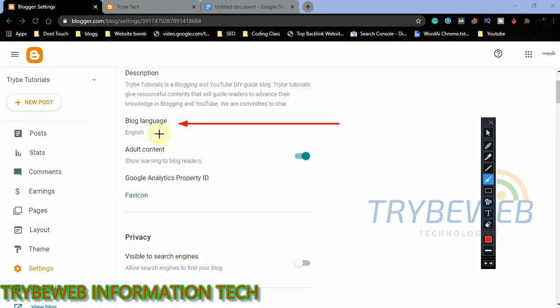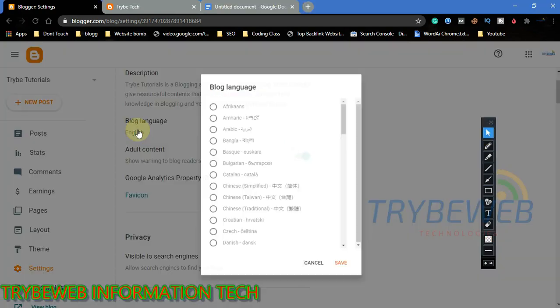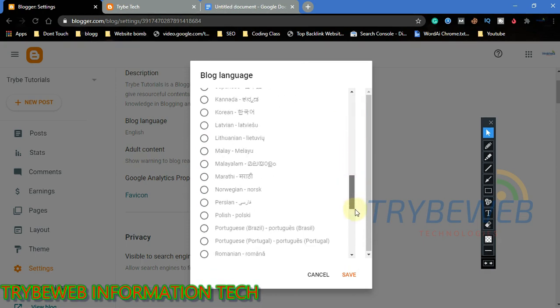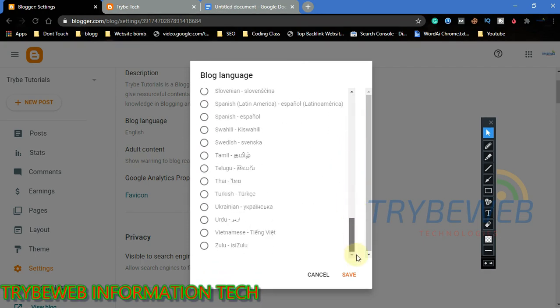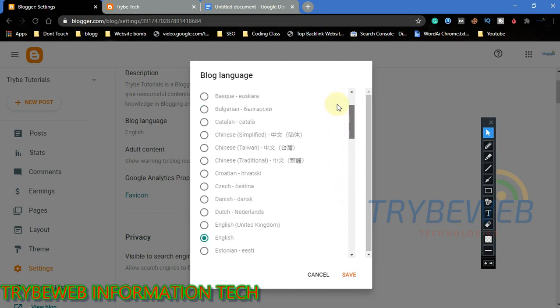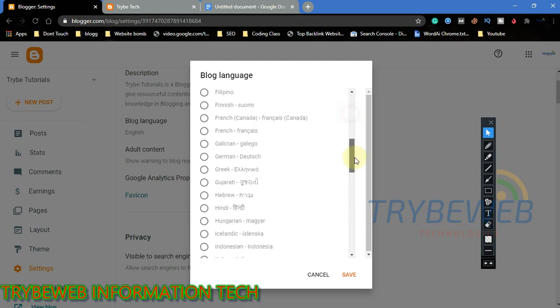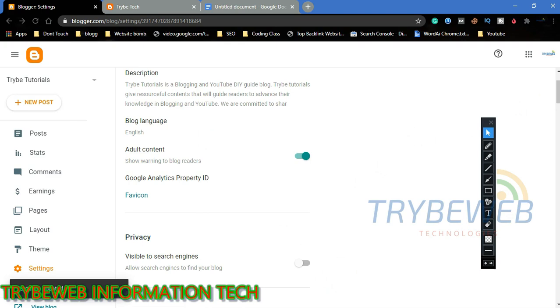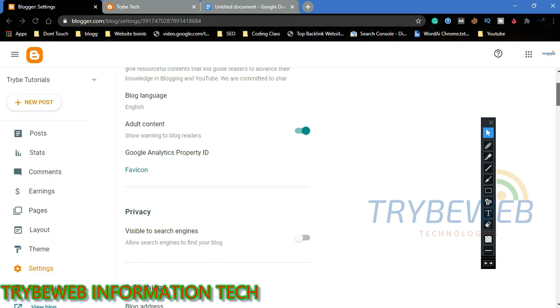The next thing is your language. What language is your blog? If you want to apply for AdSense, make sure your blog is using a supported language. There are lots of languages here. Obviously this is an English blog, but if it's not English, I'll select the language I'm using. So if you're writing your blog posts in Hindi, you have to remove English and set it to Hindi. You have to use the corresponding language. Don't just select any language. Let's say you're writing in Hindi and then you choose English because you want to target English traffic. No, that will harm your blog.